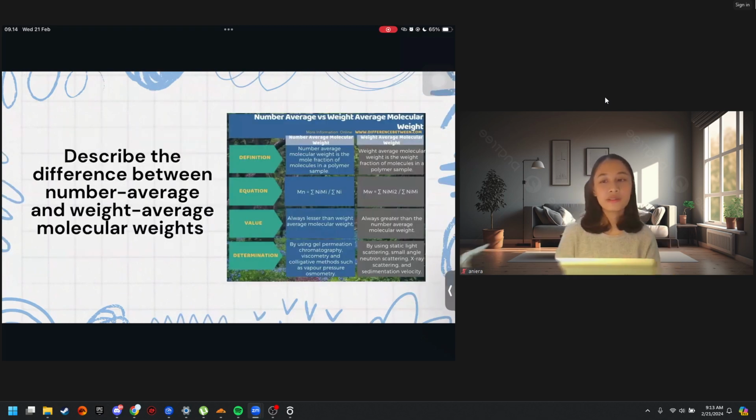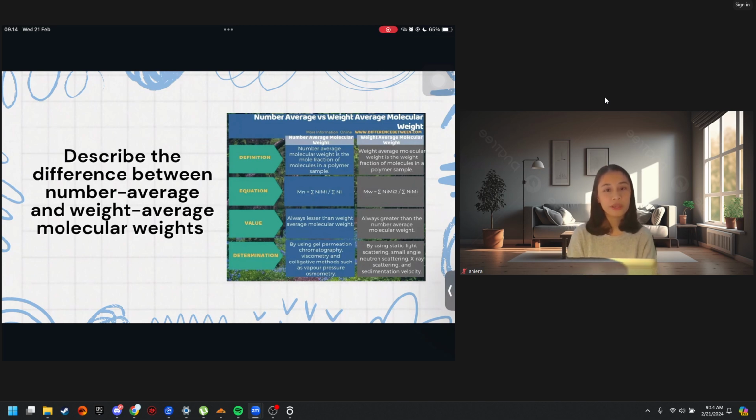Next one is describe the difference between number average and weight average molecular weight. Number average molecular weight is the mole fraction of molecules in a polymer sample. Here you can see the equation, and the value is always lesser than the weight average molecular weight. It is determined by using gel permeation chromatography, viscometry, and colligative methods such as vapor pressure osmometry. For weight